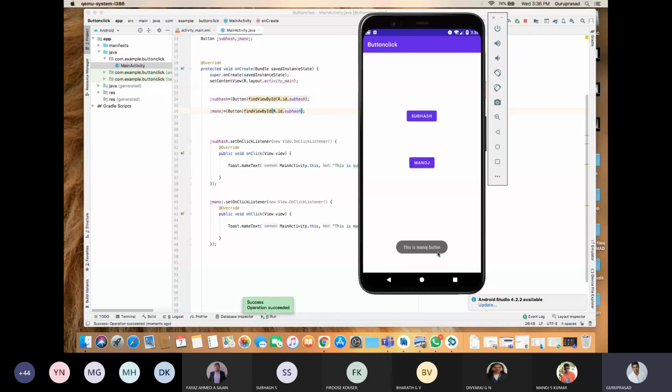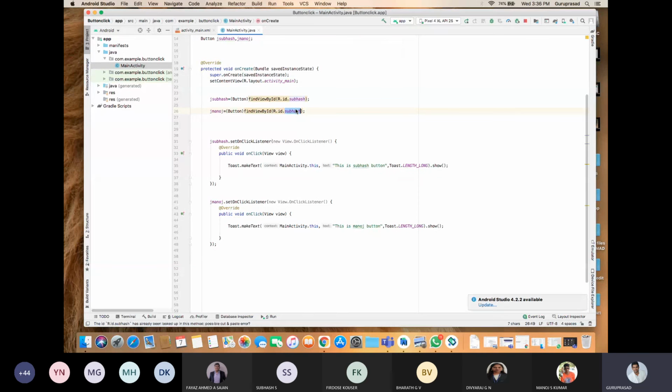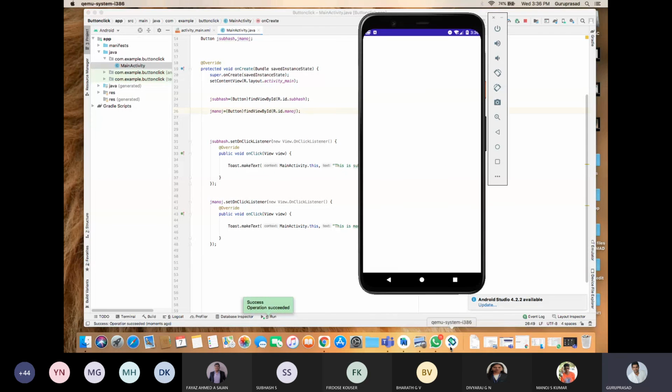This is Manoj button. So Manoj should be integrated with Manoj and Subhash should be integrated with Subhash. Then if you press, you will get the exact answer. So that is the importance of your ID. ID is very important. In the front end, you have numerous buttons. This is Subhash button. This is Manoj button.